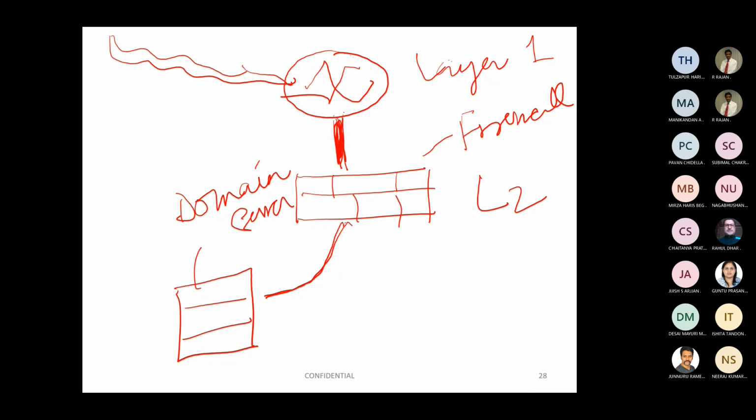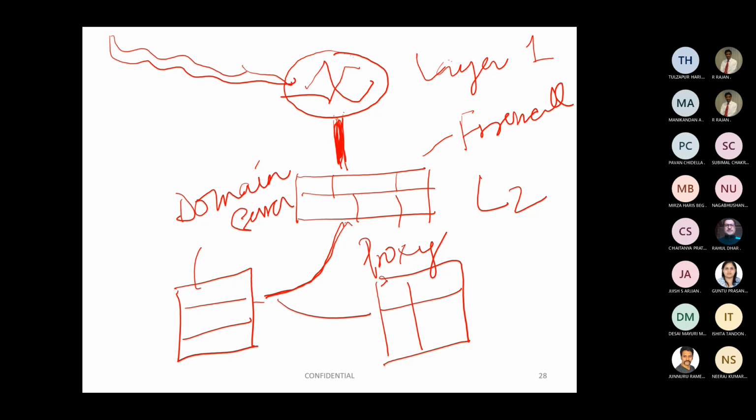Now you can also have multiple levels here because you can have a proxy server. Instead of the domain server coming in here, you can have a proxy server. Instead of directly hitting any server directly, a proxy server can help you bring down the threat proposition which could materialize your vulnerability.